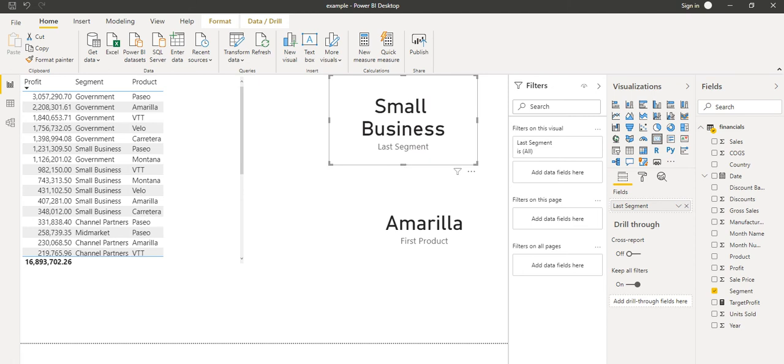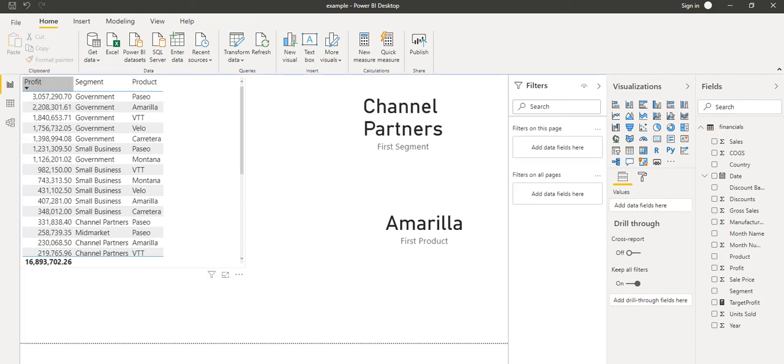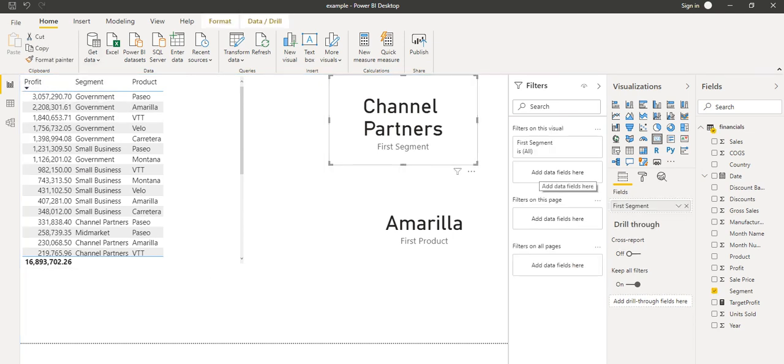So first of all we have to make it the first segment. Now we want, with respect to the profit, the segment which has the highest profit. For that, in this add data field, we want the segment field. So let's add it.